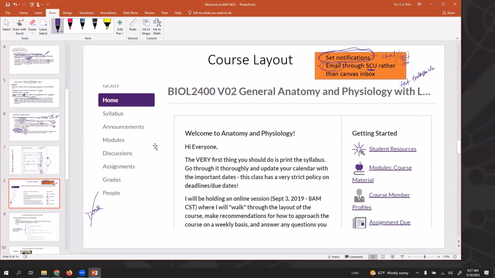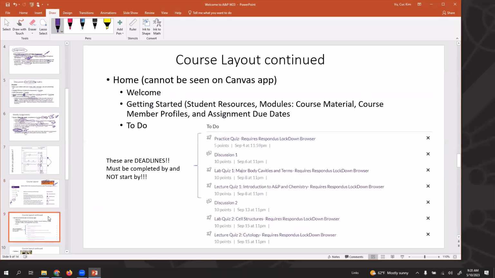Okay, so this is what the layout of the Canvas looks like. There's a welcome page, there's a home page, there's a syllabus page, announcement page, modules page, discussion, assignments, grades, and whoever is in your class. Okay, so that's what the intro page looks like. This right here is where it's important. Okay, it's a lot of stuff that you have to do for this class. I will be the first to admit it because I have to grade all of those, right? So it's really hard to keep things on